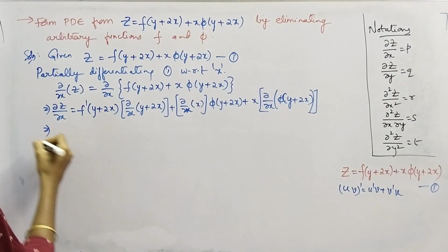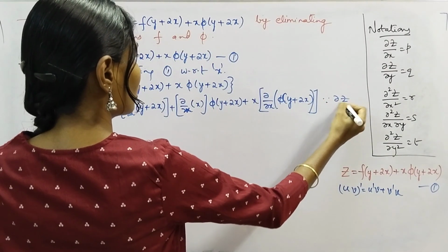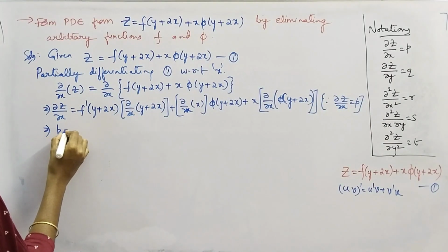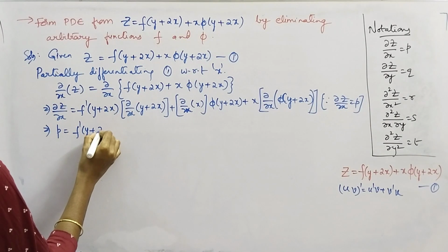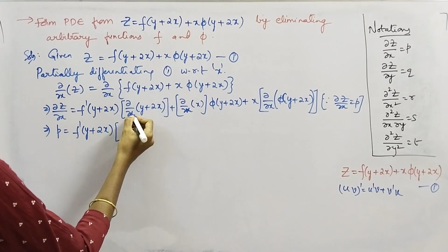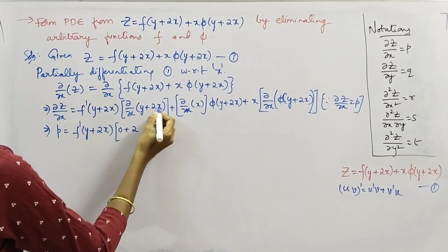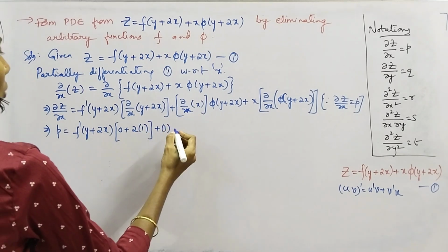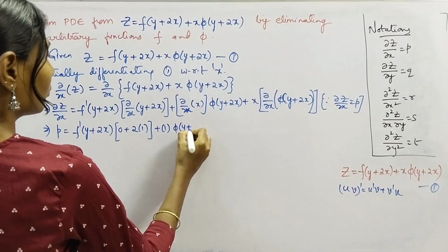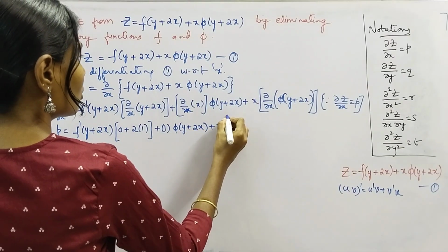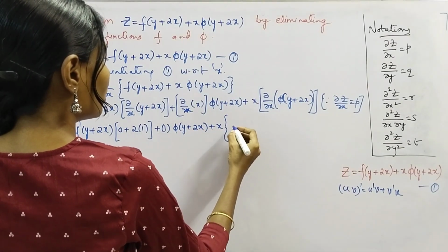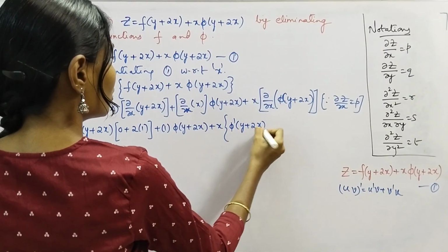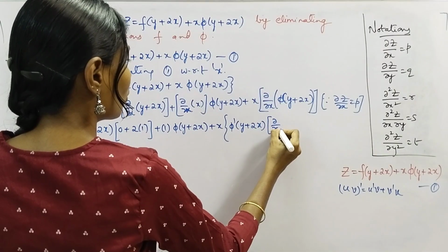Since we know that dou z by dou x can be replaced by the notation p, we'll replace it by p. We'll get p equal to f dash of y plus 2x into the partial derivative of y with respect to x, which is 0, plus 2 into the partial derivative of x with respect to x, which is 1, plus the partial derivative of x with respect to x, which is 1, into phi, plus x into the partial derivative of phi of y plus 2x, which is phi dash of y plus 2x into the inner derivative dou by dou x of